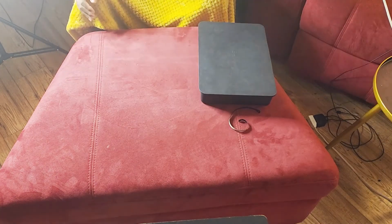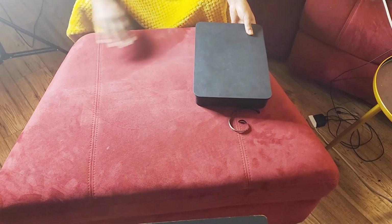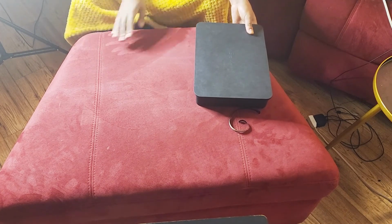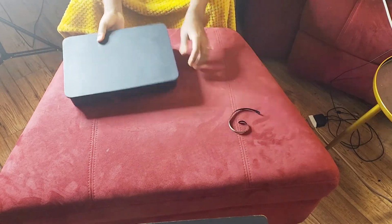Yeah, so we're gonna set this to the side. What is that? Outdoor stuff, like dust and dirt. Where that came from. Anyways,